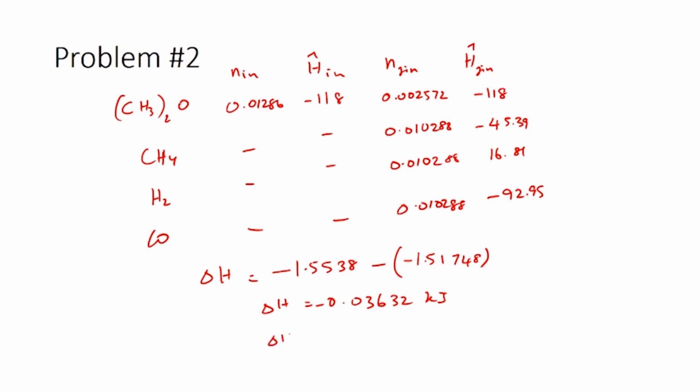reaction, because delta H is also equal to xi delta HR at 600 degrees Celsius. So, now we need to know the value for xi, which is the extent of reaction. We can calculate the extent of reaction xi as follows. Using methane final and initial amounts, we would actually have 0.010288, which is the final, minus initial would be 0, divided by the stoichiometric coefficient of methane, which would be 1,